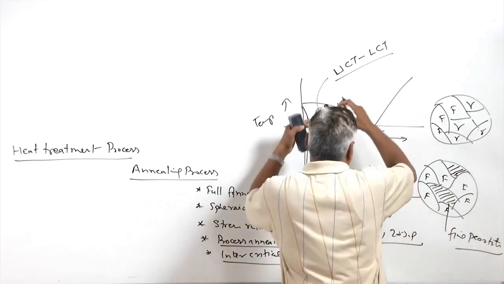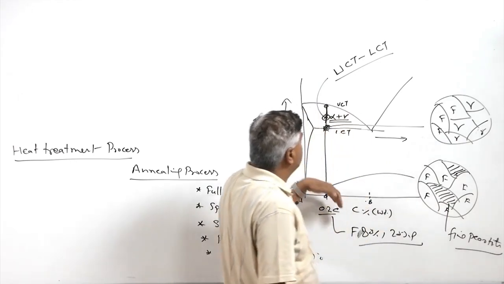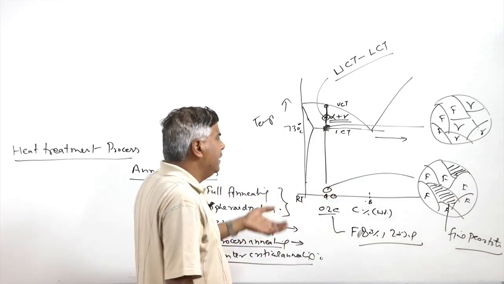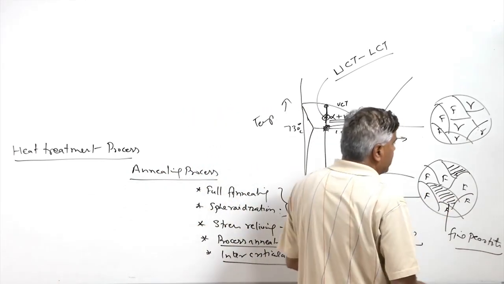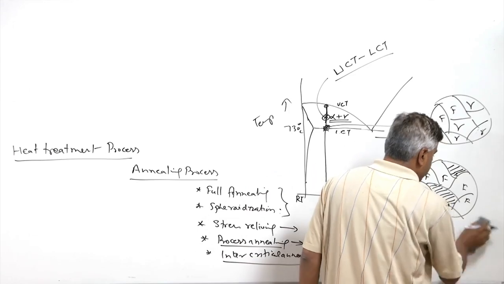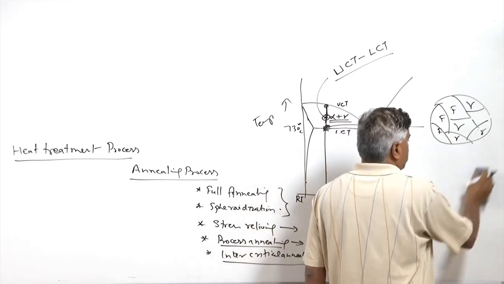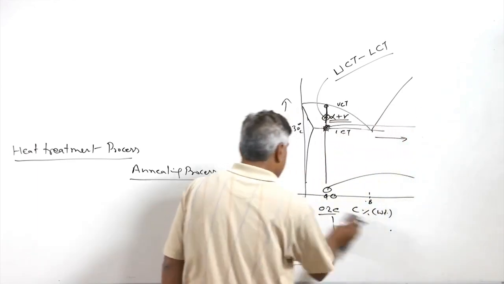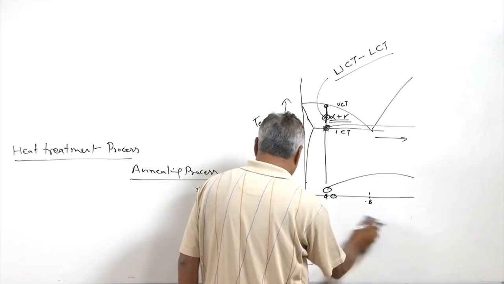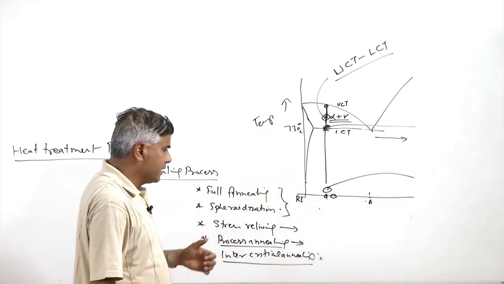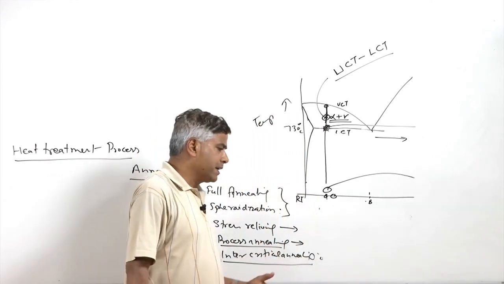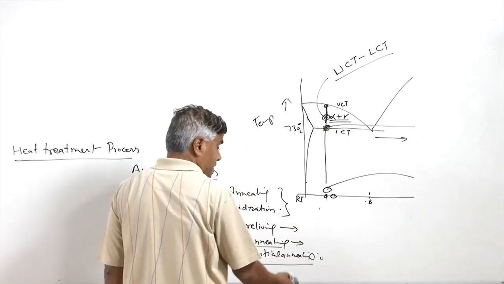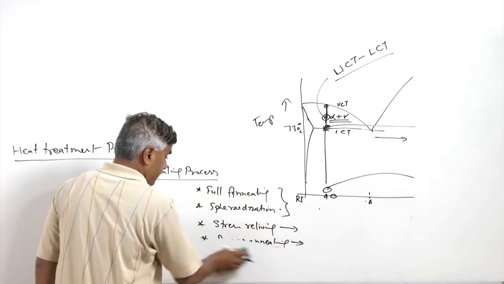So the advantage is that whenever heating is done in the intercritical temperature range followed by cooling, it will result in refinement of the grain structure, especially when the cooling rate is a little bit high. So intercritical annealing will lead to refinement of the grain structure, reducing the residual stresses, and increasing the dimensional stability of the component after the heat